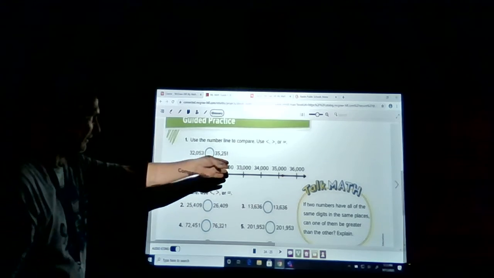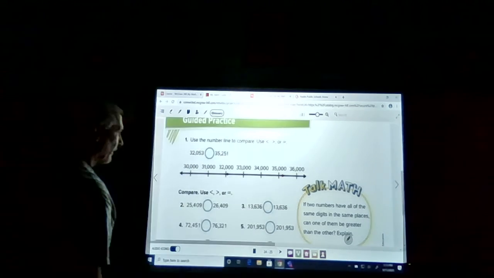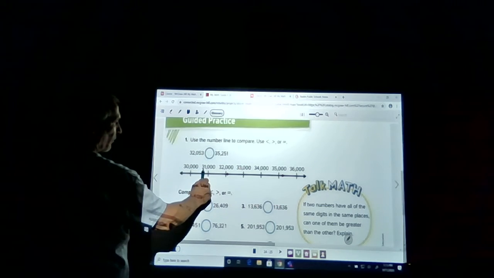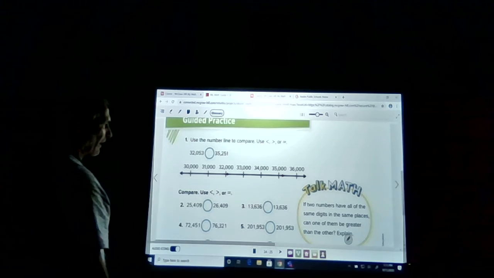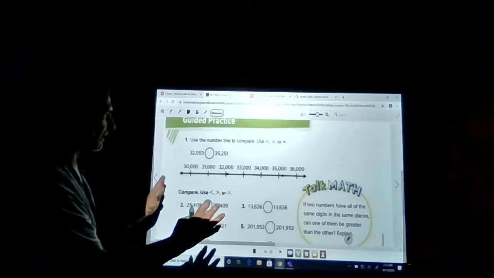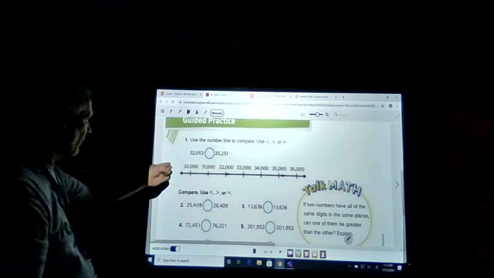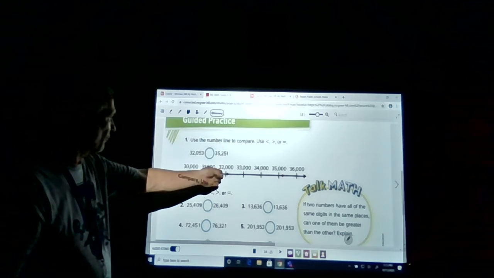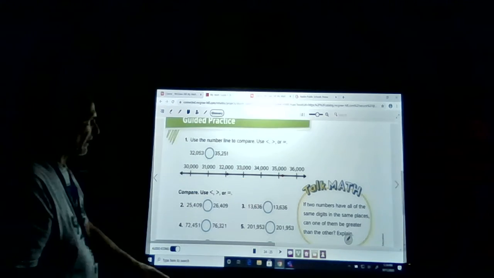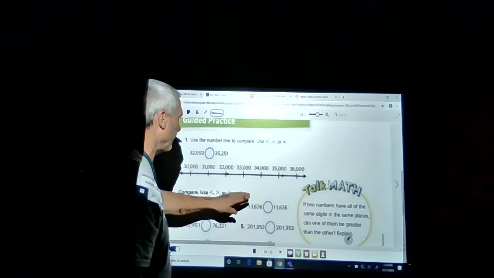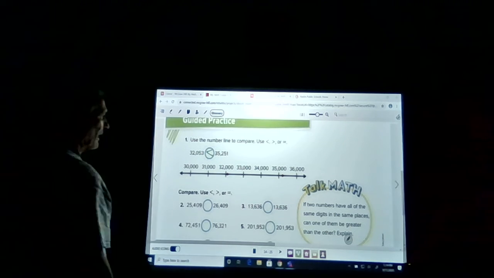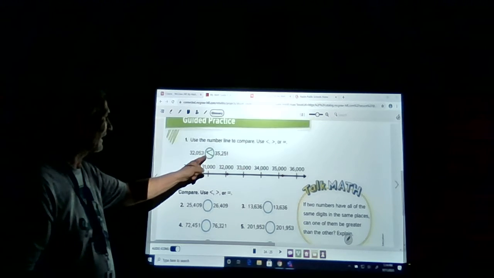35,251. Let's look at the number line, and on the number line, this 32,000, this time we're counting 30,000, 31,000, 32,000, counting by thousands. Can you imagine writing 1,000 numbers in there? Well, it helps us to organize our numbers in our minds. 32,000 here, 35,000 here. 32,000, is it to the left of the other red dot? Going this way is less, and we point to the left. 32,053 is less than